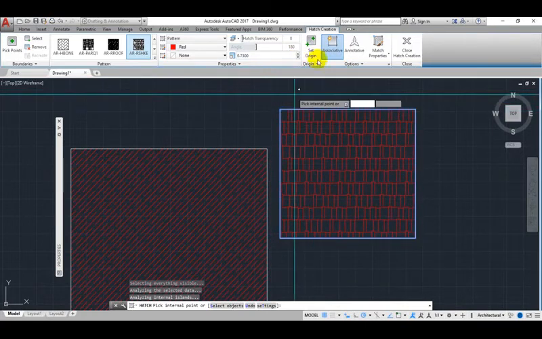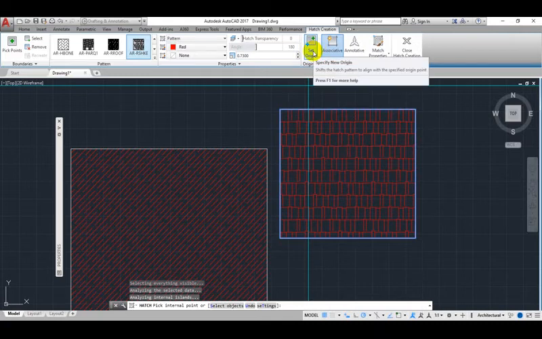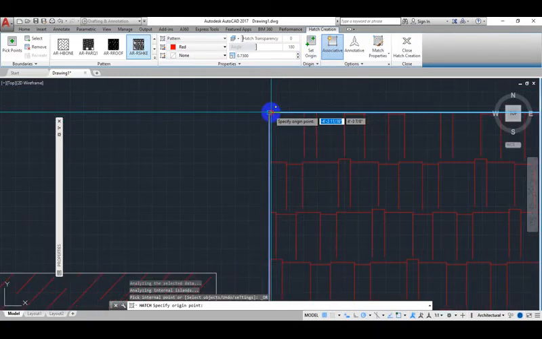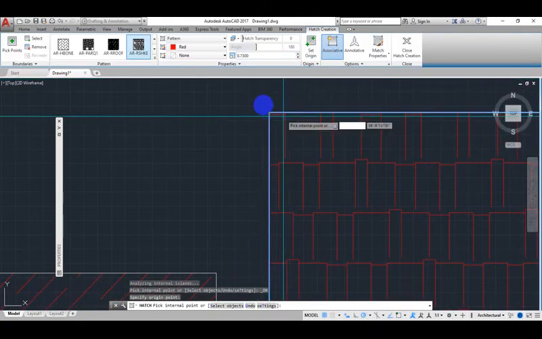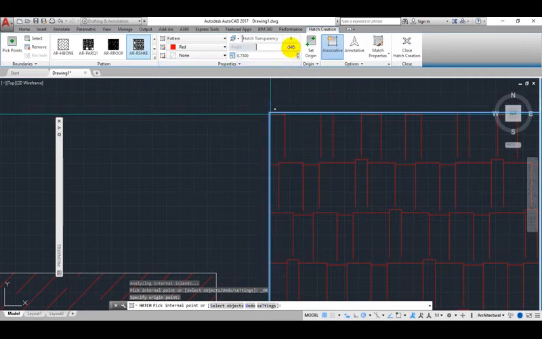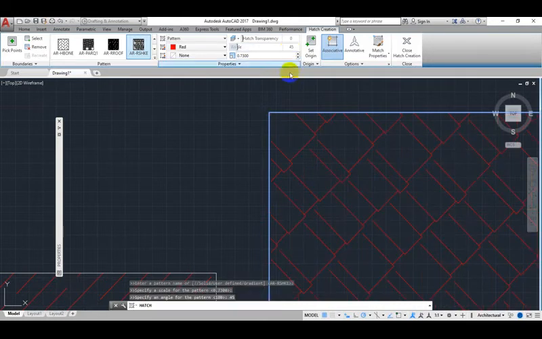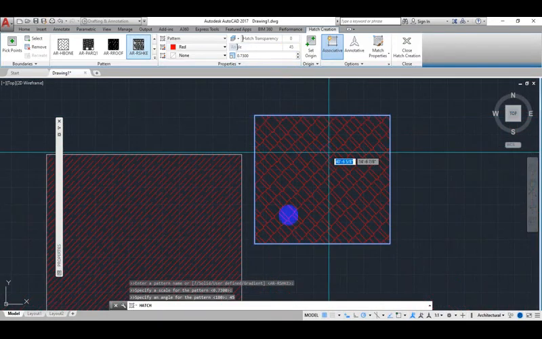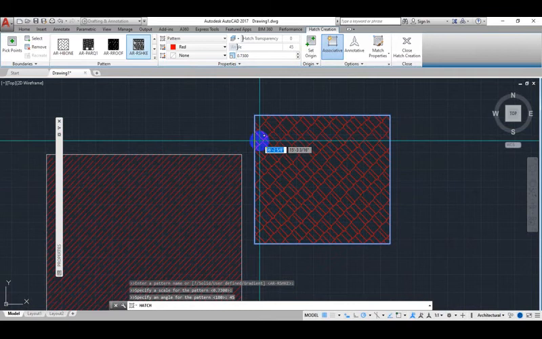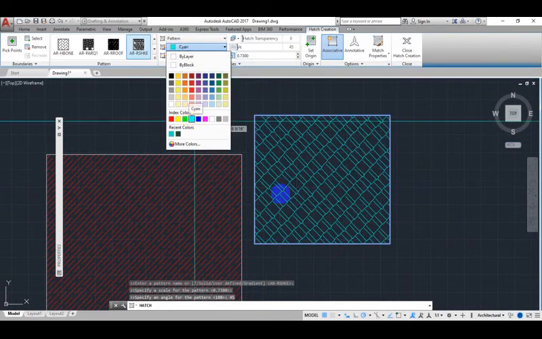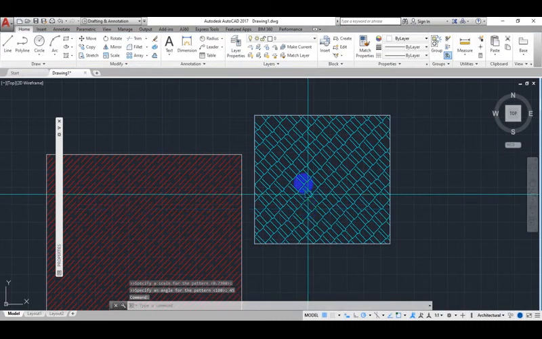So I click on it. So I come to set origin, click, pull it here. I set my origin at a point here. So I'll come back to my angle, say 45-degree. So as you can see, it is now set at 45-degree. So if I want to change the color, I can change the color to CN, say enter.